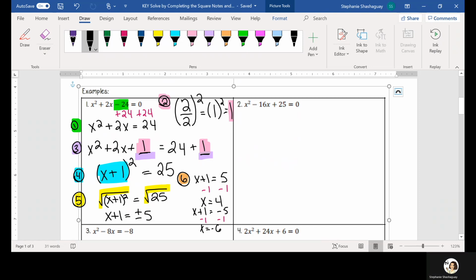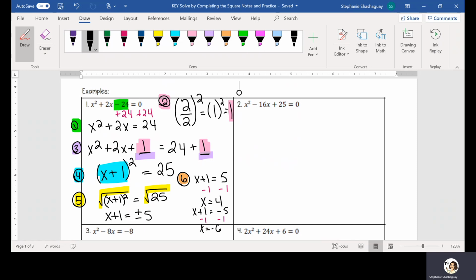to number 2. Okay, we have x squared minus 16x plus 25. So our first step is going to be to move that positive 25 over to the other side of the equal sign. So we're going to get x squared minus 16x equals a negative 25. Remember, if it's positive on the left and you move it to the right, it's going to be the inverse, the opposite. Okay, so now that we've done step number 1,